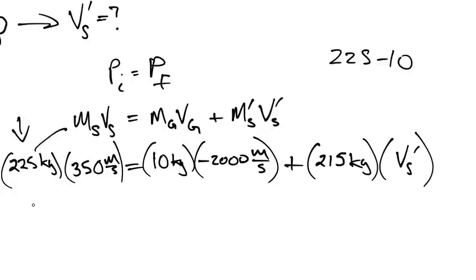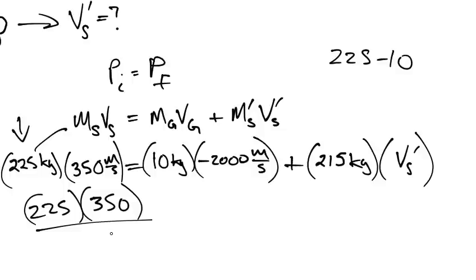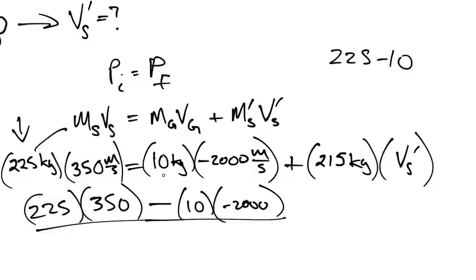So if we solve now for Vs prime, we're just going to go 225, and I'm going to drop the units so I can make this cleaner looking, times 350, divided by, or sorry, not divided by. First we have to subtract. Yeah, okay, let's just subtract it here. And then we divide all that by 215. And so we're going to get,